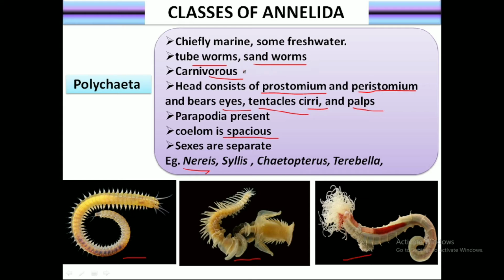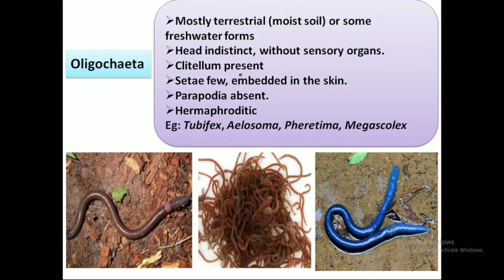So, these are the main features of the organisms found in the class Polychaeta. The next class is the Oligochaeta. Oligo means few and chaeta means setae. So, these are organisms which have few setae, and these forms are mostly terrestrial, and very few forms are found in fresh water. The terrestrial forms have an affinity for moist soil, and the wonderful example is our